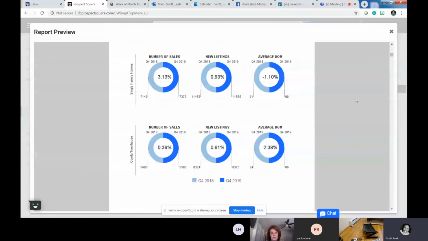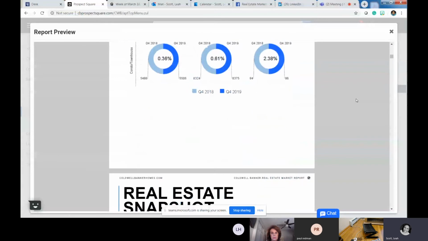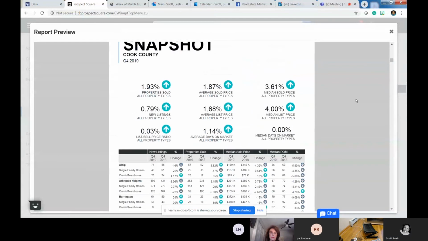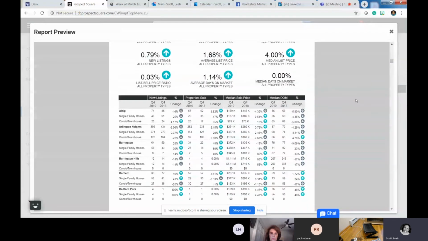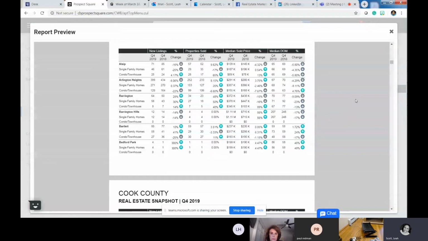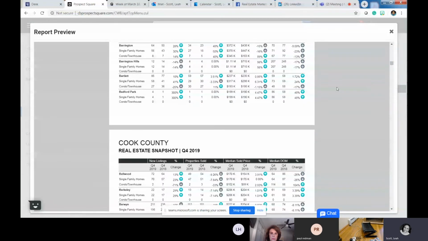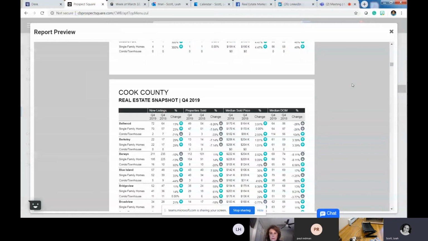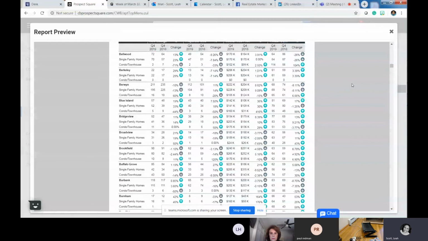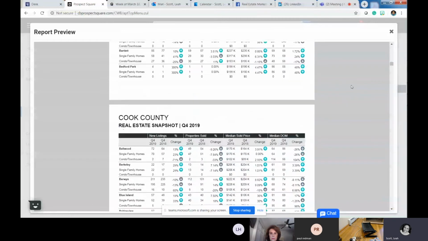And here is the report for Cook County, Q4 2019. And so we are closing out the first quarter of 2020. So if you were looking to send something out to your contacts for the first quarter of 2020, you can check back in April to generate that report perhaps. So here we have all of the counties